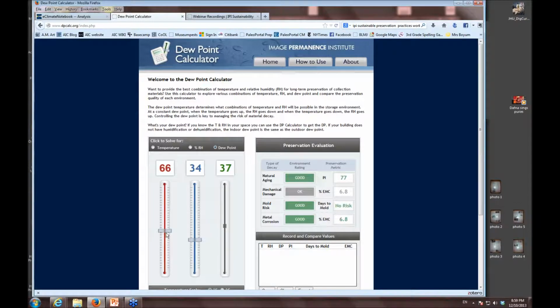So the idea here is that you can play around with this. It's just sort of a fun tool to see this preservation idea of 70 degrees and 50 is okay. But making things a little bit colder or a little bit drier is also good. If our environment is hot and dry, there are some things that are good about that, some things that are bad about that. So ultimately, the idea is by playing around with this dew point calculator,